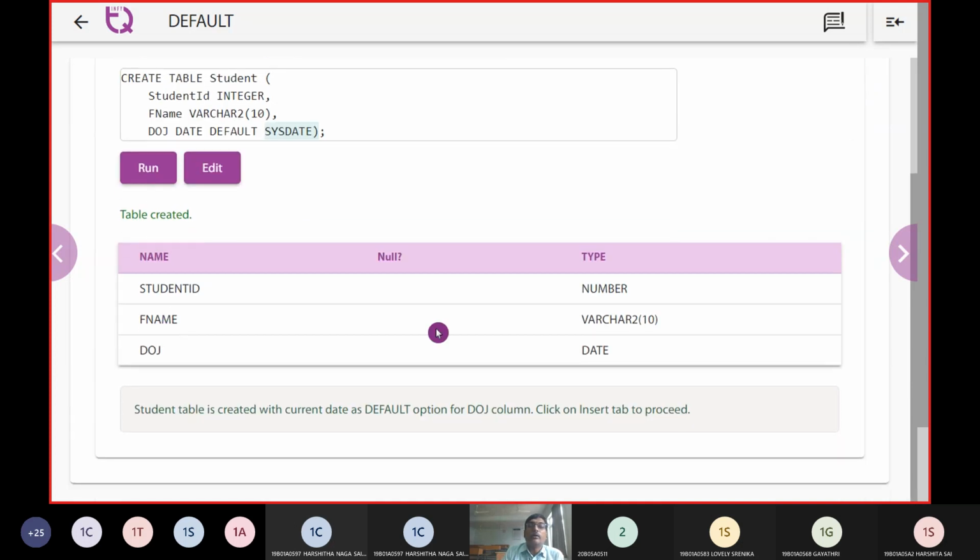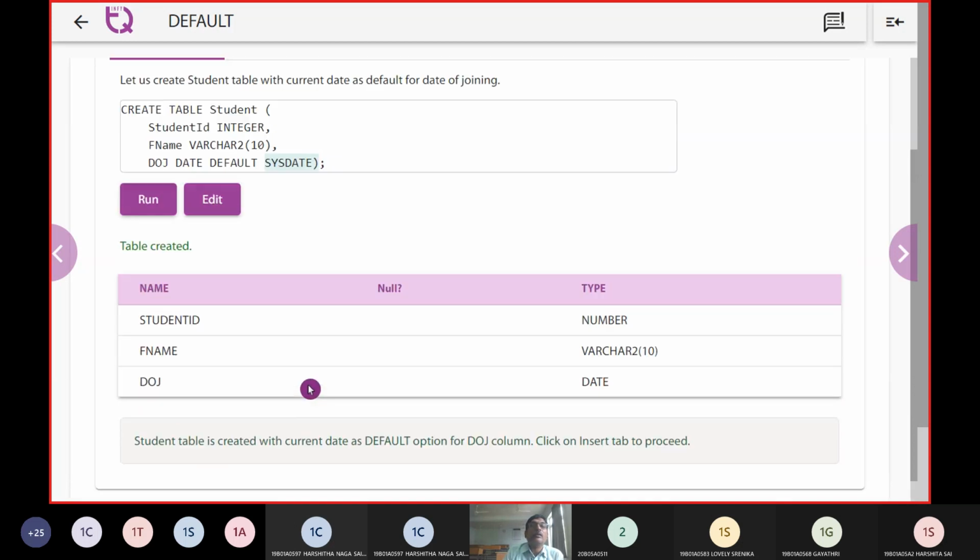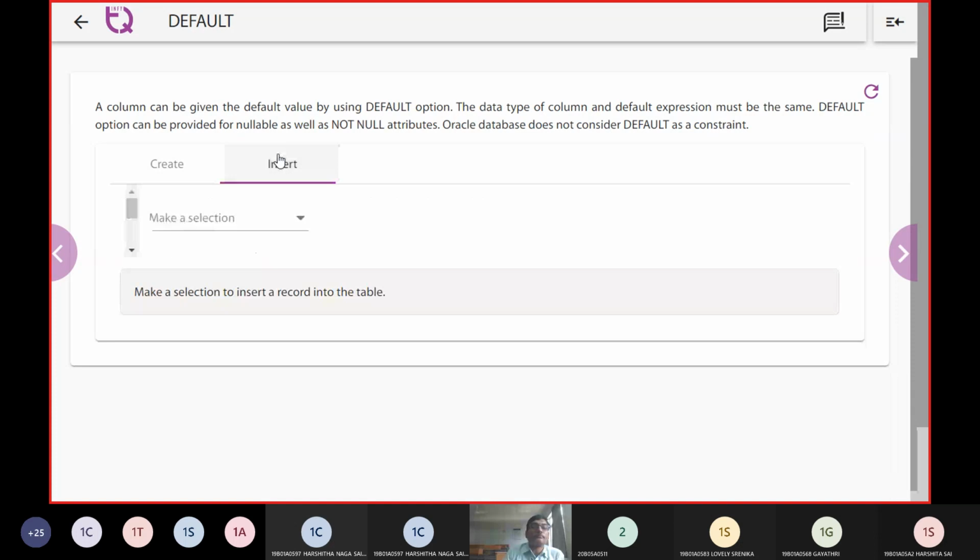Now you can look at the values: the date has the date data type, the first name is varchar2, and the student ID is a number. The student table is now created with the current time, that is the date default, as an option on the DOJ column. Okay, now let us make an insert operation.